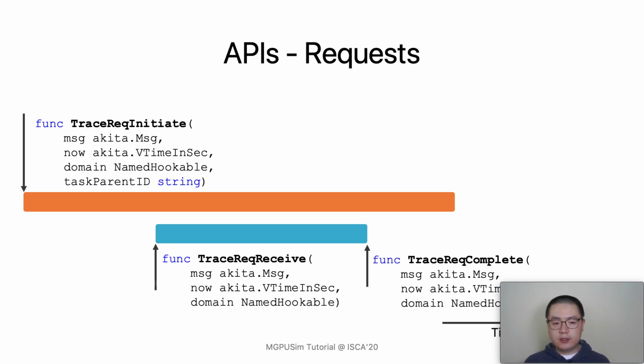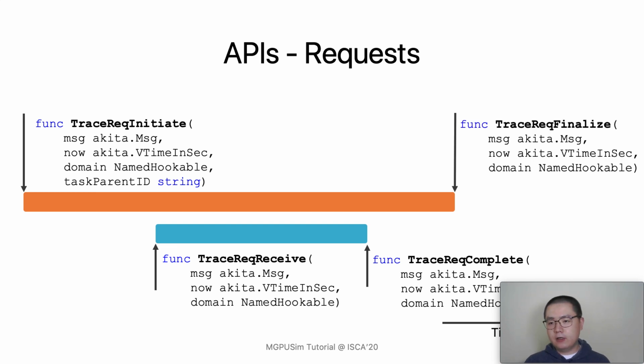And also, when the response is ready, we call this API called trace request complete to mark that this request in task is completed. And finally, when the sender receives the response, it can call this trace request finalize API so that we can record this request out task is finished. So only these 6 APIs, then we can capture most of the information in